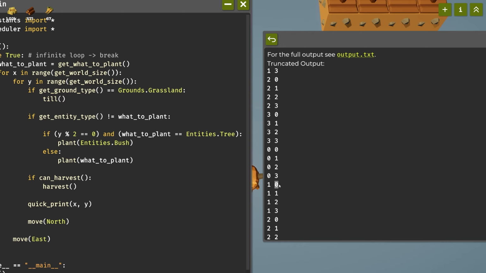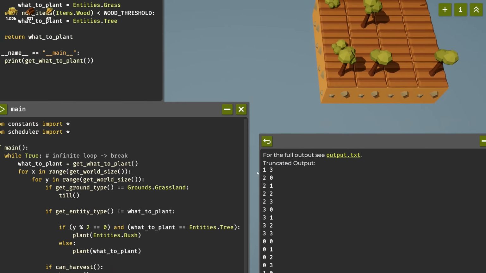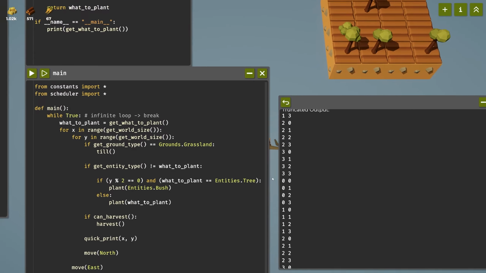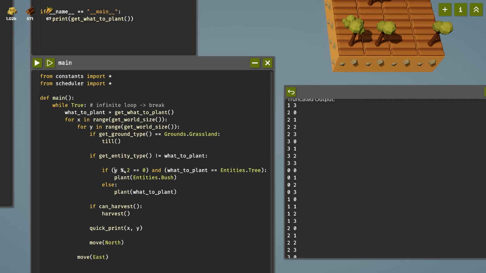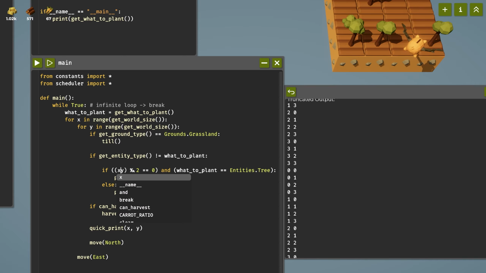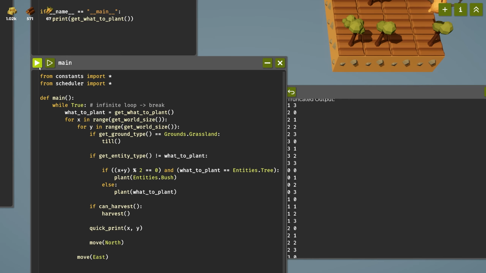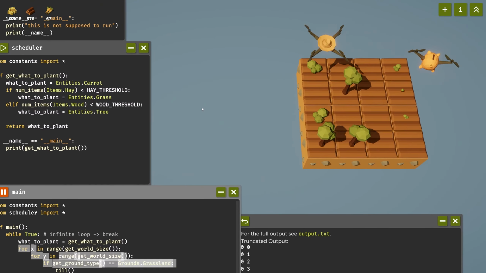That way, this becomes 1, 2, 3, 4, so it's like it swapped. Again, basic mathematics, basic arithmetic when it comes to divisibility. So instead of y modulo 2, we'll first add x,